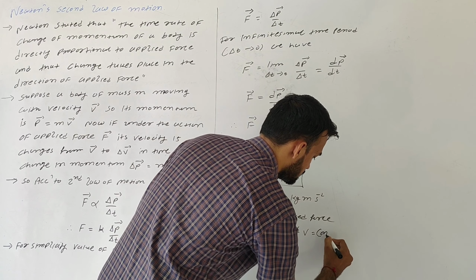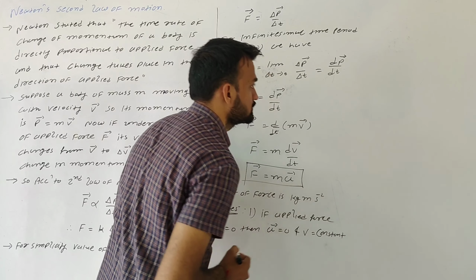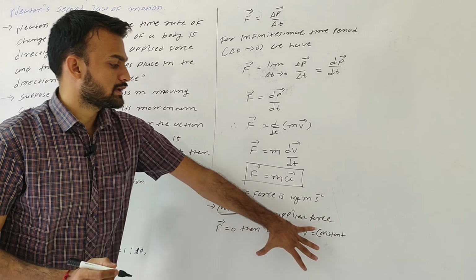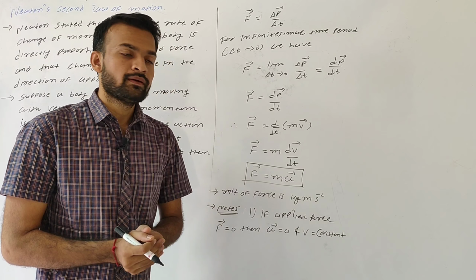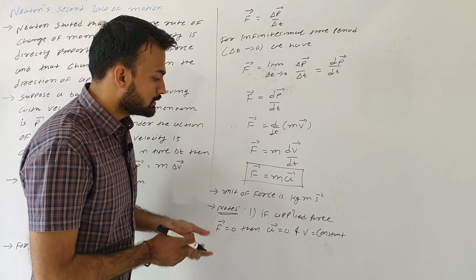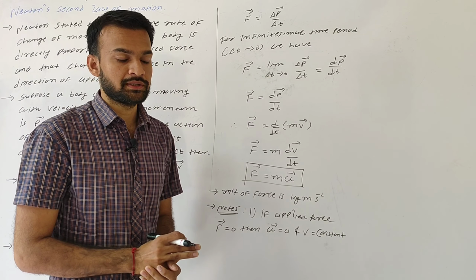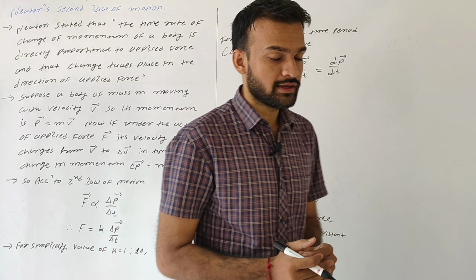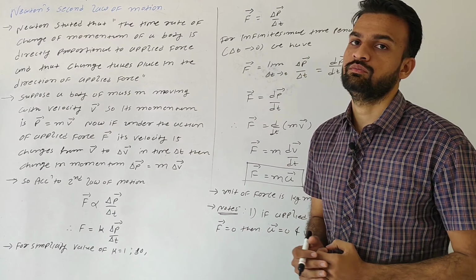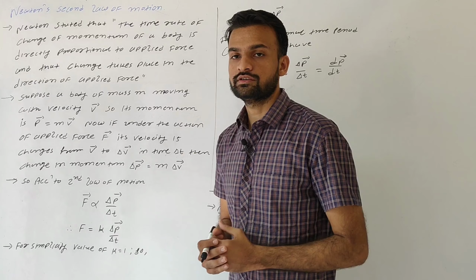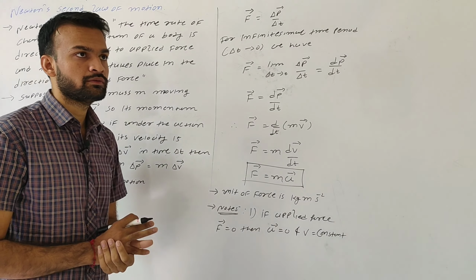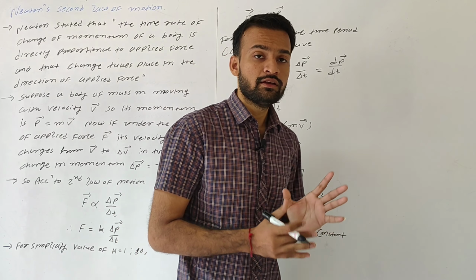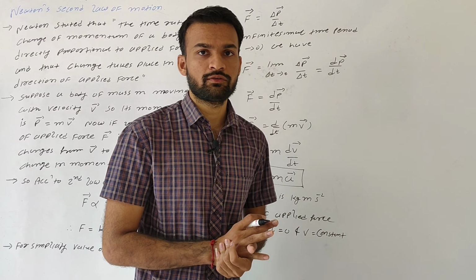Constant. So here I can say v is constant. As the velocity is constant, I can say Newton's second law of motion once again indicates what? It represents the first law of motion. How? Because in Newton's first law of motion, which we already saw,